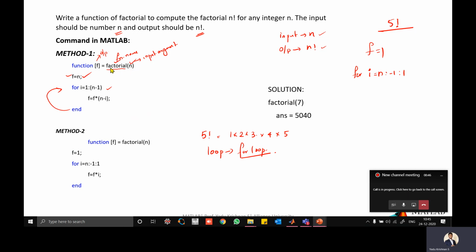Instead of this, n can be written as n is equal to input the number. That will be a small change. Then after that you can display the answer like a normal script file. So whatever function we have written, we can practice as a script file also. We can try making a script file out of that one.